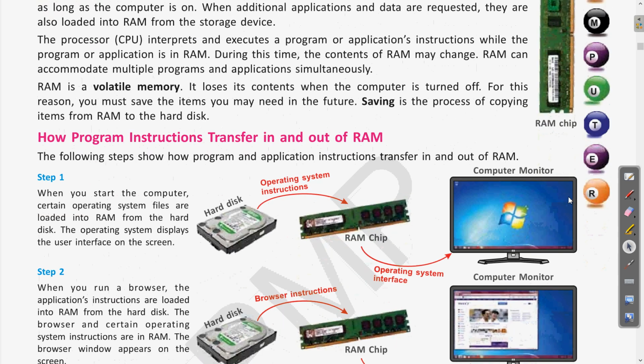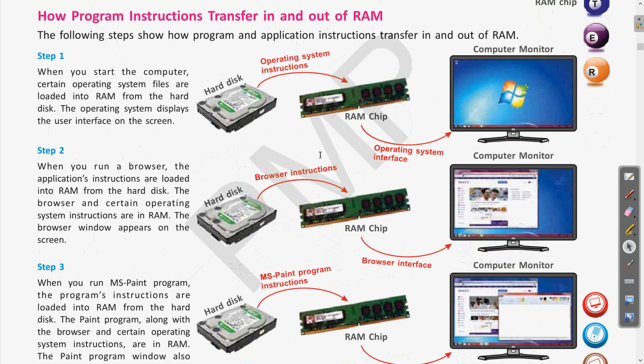Clear? We saw how the contents are copied from the hard disk to the RAM chip. If you are opening any browser or windows, all of those are first transferred from the hard disk to your RAM and then displayed on the monitor screen. Clear? So this we have seen.